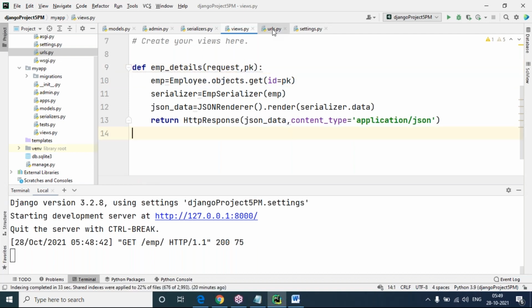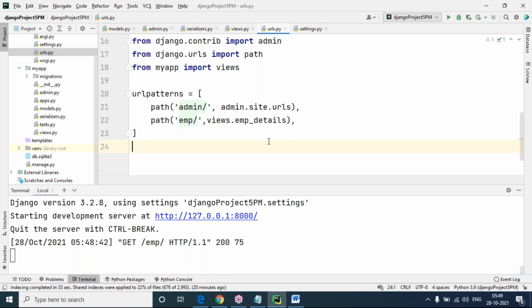And you can go to the URL when sending the request. What I need to do, this pk we have to supply in the URL case only. How we can supply this pk in the URL case? Here I'm taking just the URL, slash int colon pk, then close it. Once we use this int colon pk, while giving the URL slash which id record you want, that id record it is asking here.